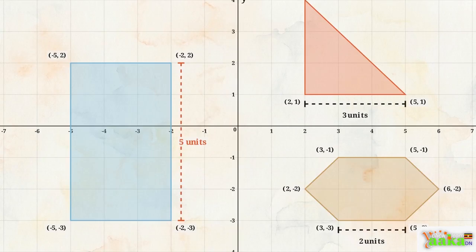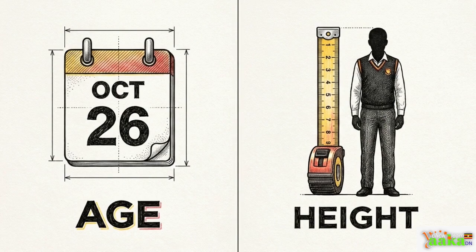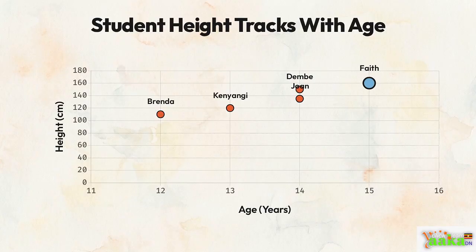We also use the Cartesian plane to map relationships between two different variables, known as bivariate data, like comparing the heights and ages of 5 students. This table displays our raw bivariate data. The students' ages range narrowly between 12 and 15 years, while their heights stretch across a much wider range, from